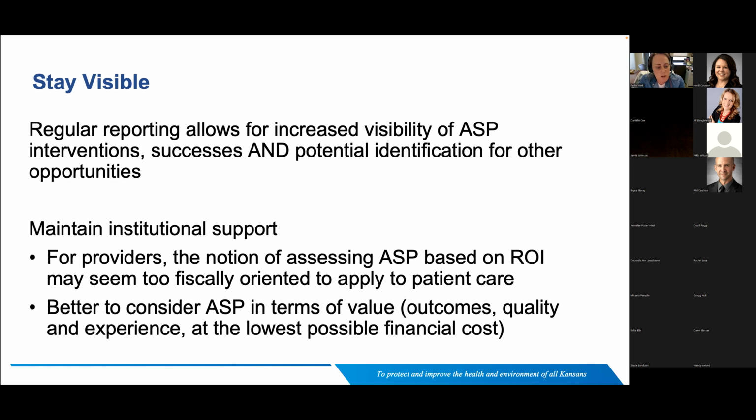So especially when you communicate these kinds of things, and we talked a little bit, maybe half or a third of our time in our session, about financial metric pros and cons, which is really helpful. But if you use that as the primary outcome of your program and how it's saving money, which administration certainly is interested in, for the provider stance it is too fiscally oriented. Certainly the interest for quality and for providers is to know about the value outcomes. So quality and experience, infection, stuff like that. Next slide.